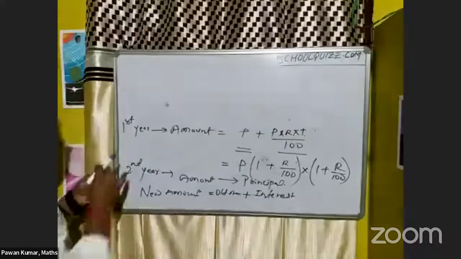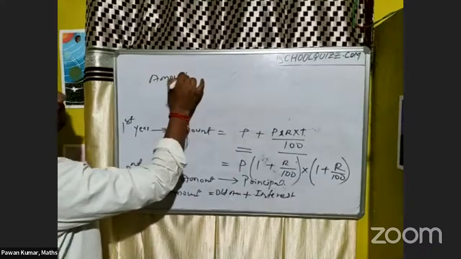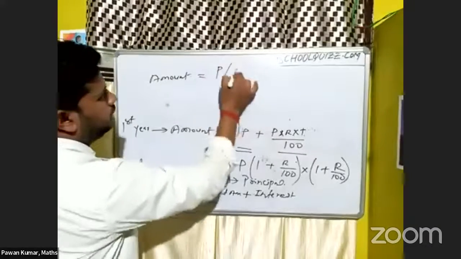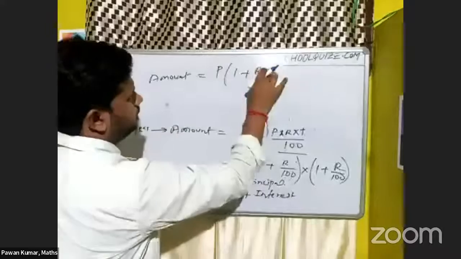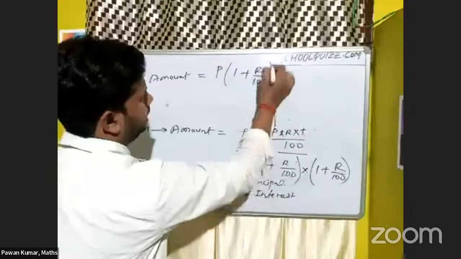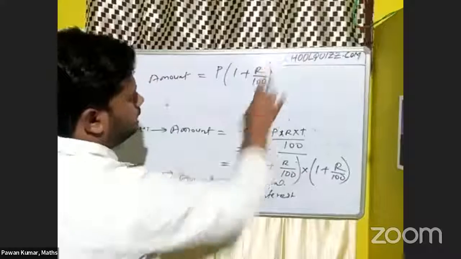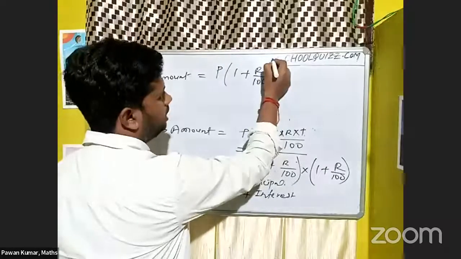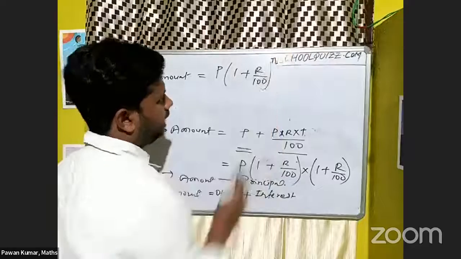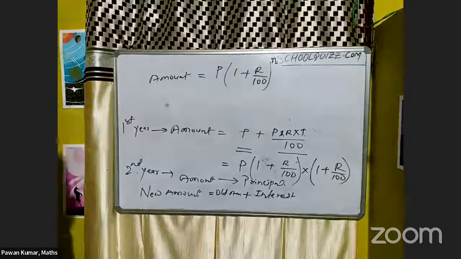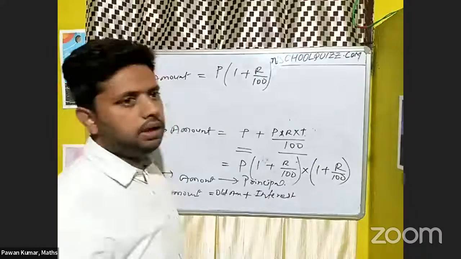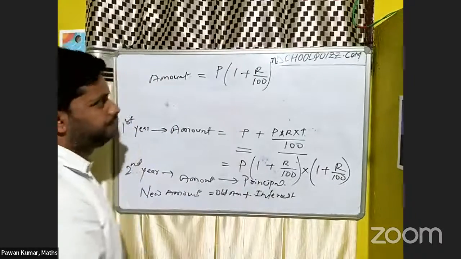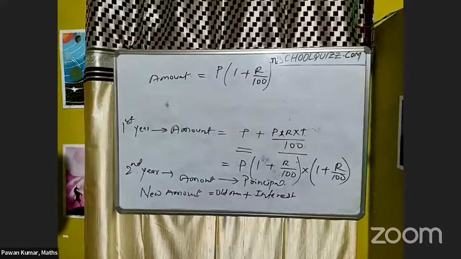So overall, the formula for the amount in compound interest will be P into 1 plus R by 100, and T will be mentioned here, because according to the number of years provided, these terms will be multiplied continuously. They will mention it as T, or sometimes as N. Why do they mention N? Because N can depend on what basis they take the interest, either per annum, per year, per half year, or quarterly, like that.